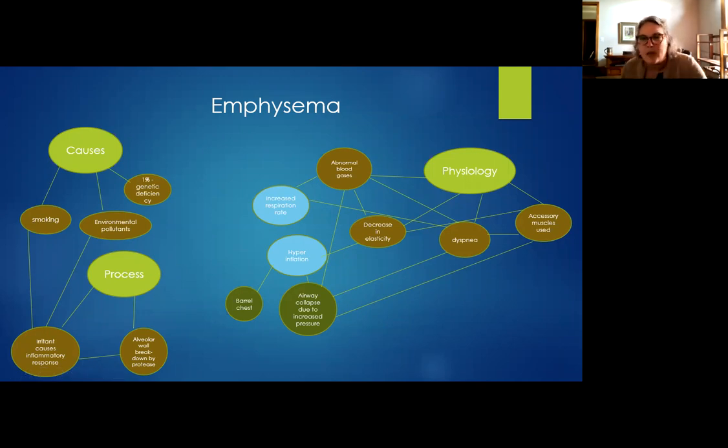So the alveolar walls are broken down by protease enzymes, and the result creates byproducts, which are also seen by the body as irritants. And then the body continues to make more enzymes, which releases more alveolar wall breakdown. And basically the breakdown just continues as this really big cycle. Damaged alveolar walls lose elasticity, and